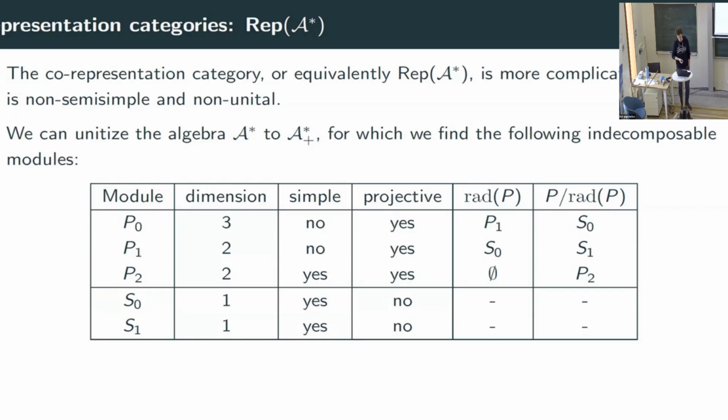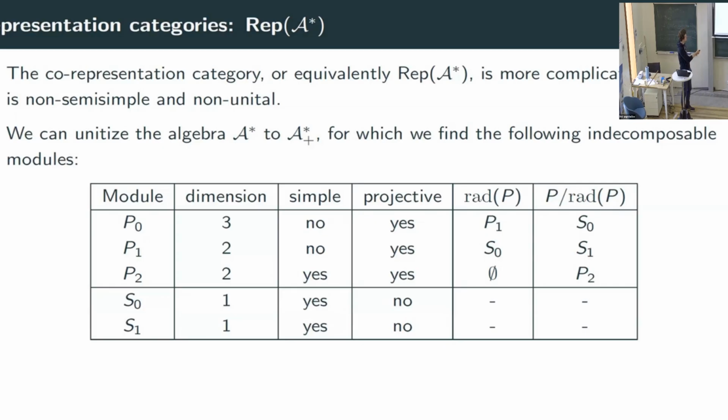Which, okay, fine, you can do this. These modules, they will still be modules of the non-unitized algebra because it doesn't really change anything. The only thing that happens is that in that case, this S0, which, okay, I'm not telling you, but this S0 is just the module that maps the identity of this unitized algebra to 1 and everything else to 0. If you then also drop the unit, then this becomes the nil module, which is fine. I don't have a unit, so there's no real a priori reason why I couldn't have a nil module there.